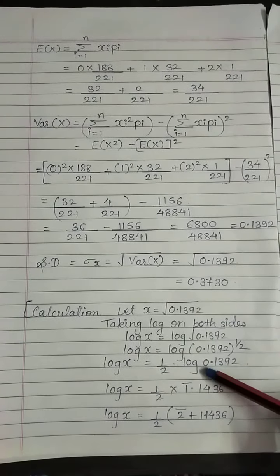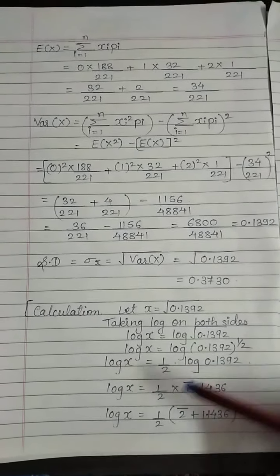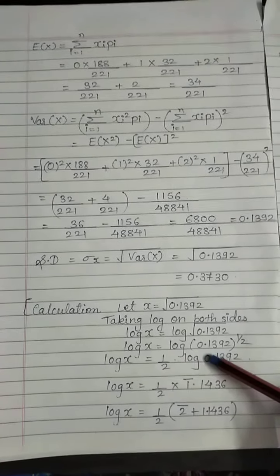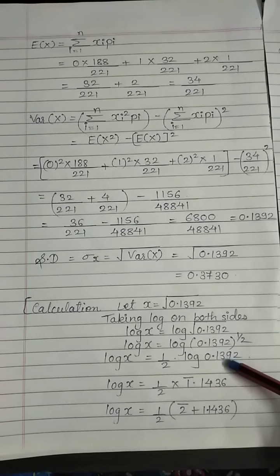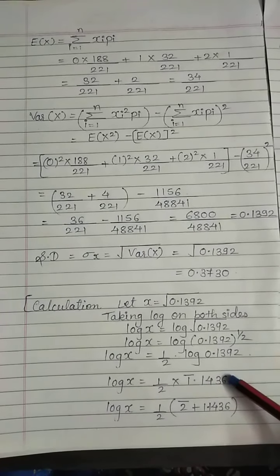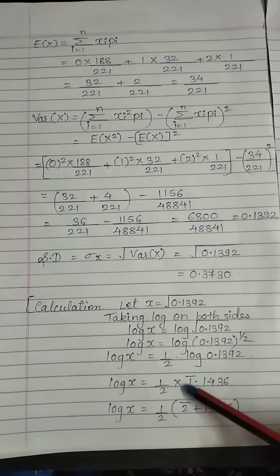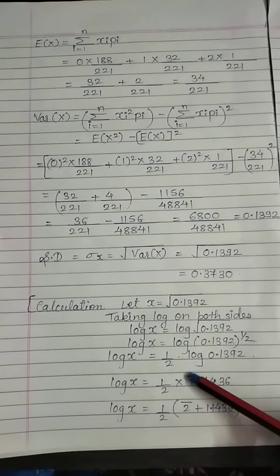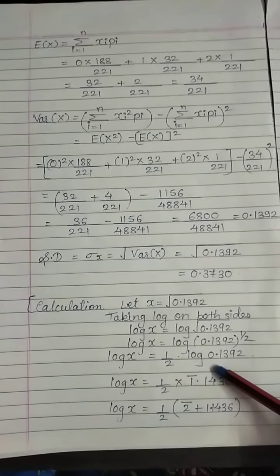Now while finding the log, everyone knows how to calculate the mantissa and characteristic. So log x is equal to half into, since 0 is given here, we will write 1 bar point. By using the log table you will get the value as 1436. Now we need to divide this term by 2. But since 1 bar is present, we cannot divide this 1 bar by 2. So first we will convert this 1 bar in terms of 2 bar so that the value remains the